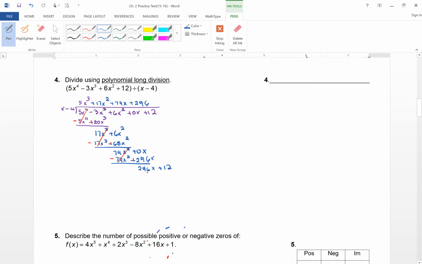And now what we get is 296x. And then we have 296 times negative 4. Negative 1184. We change the signs. And we get